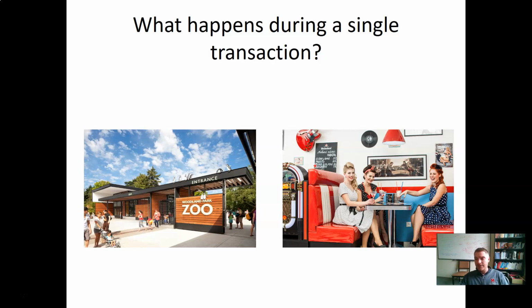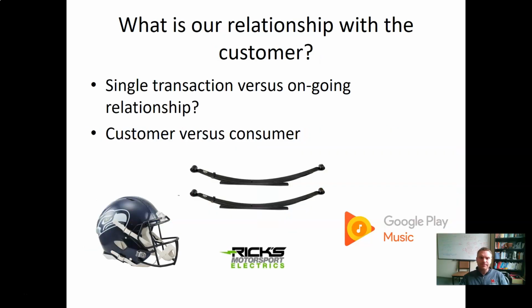On the other hand, if I'm a restaurant serving hamburgers, and somebody orders 3 hamburgers, as we've got 3 people in this picture, I have to understand that transaction cost me some money. It's the cost of the meat and the bun and probably some time for my servers. And so I want to think very carefully about what costs I incur during the transaction. What does that transaction actually look like? What's the interaction and what happens during that single transaction?